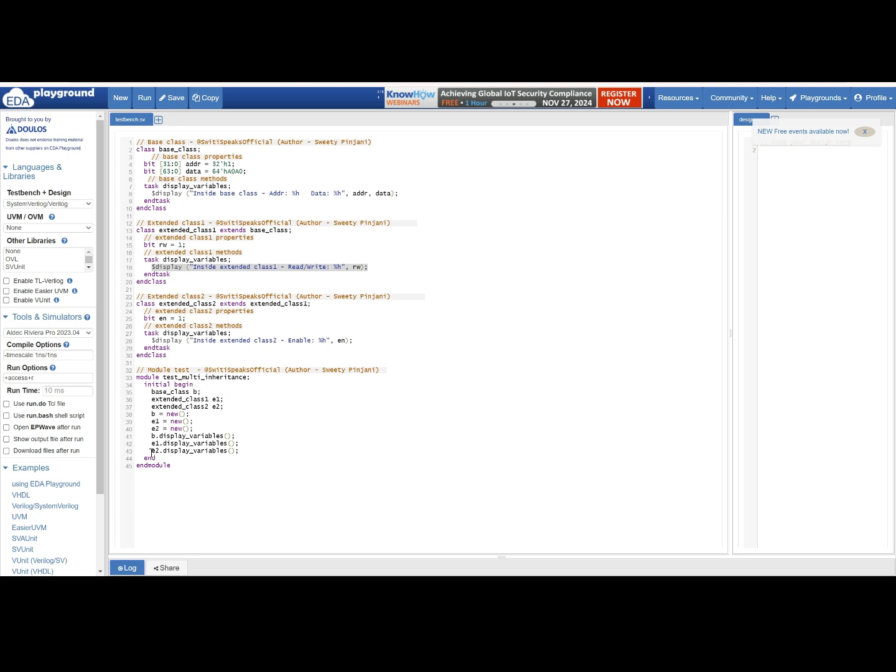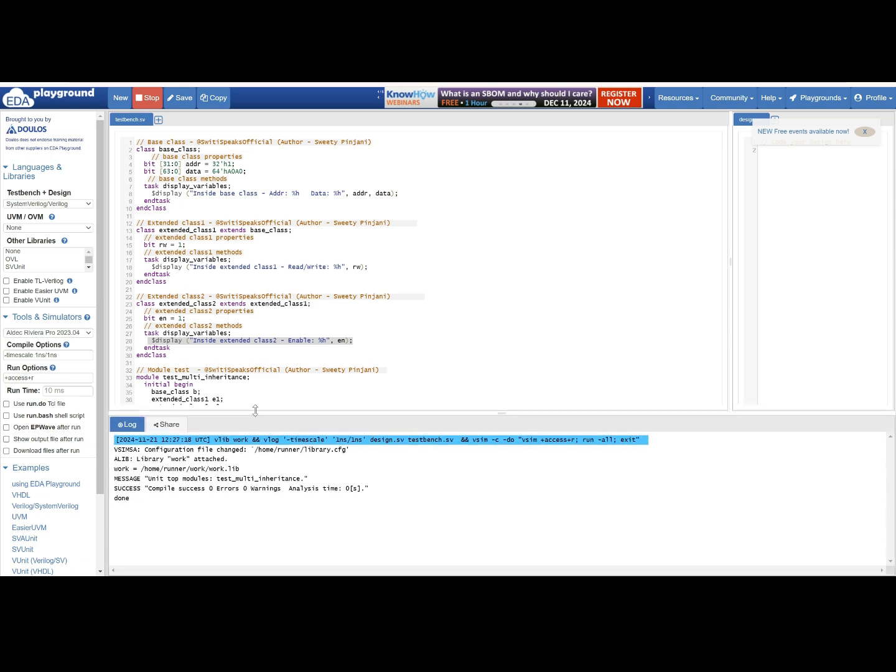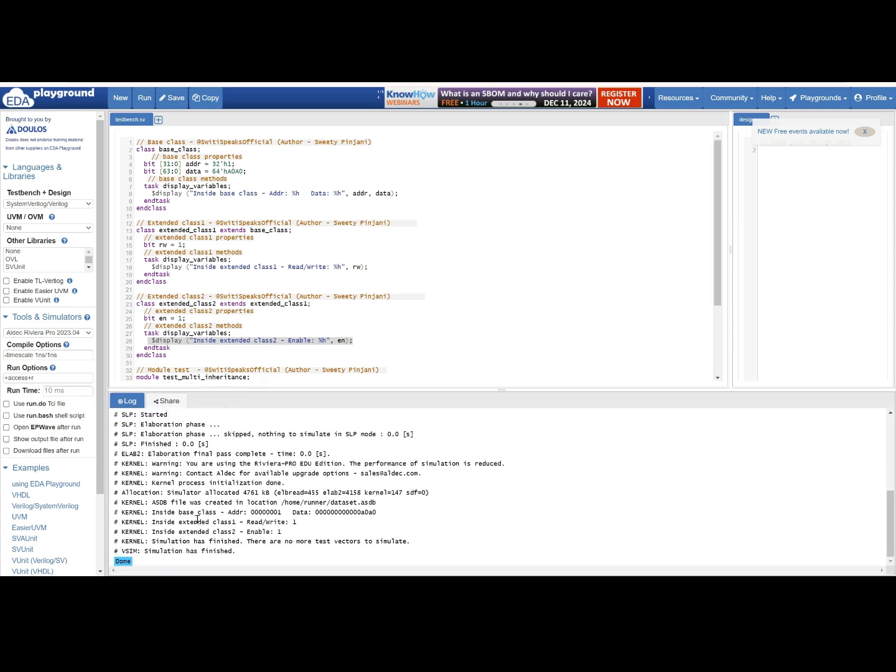If you call e2 dot display variables, e2 is the handle for extended class 2. It means this method will be called. Let us run and see what happens. See, first this got called, then this got called, and then this got called.